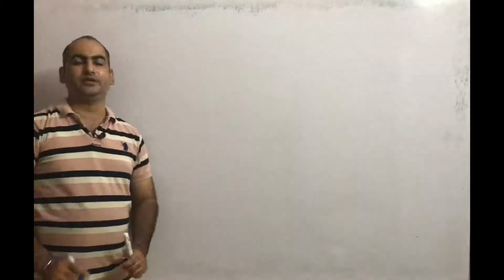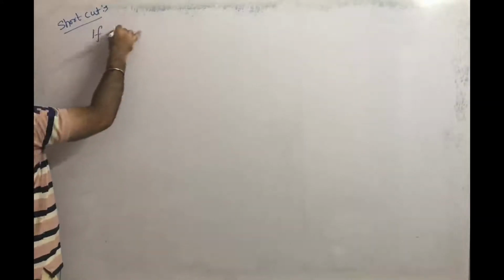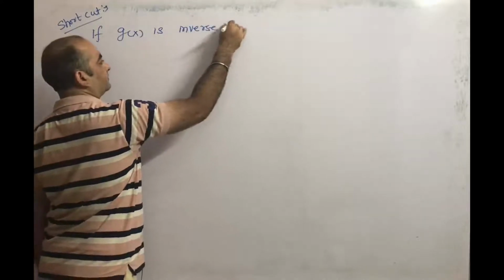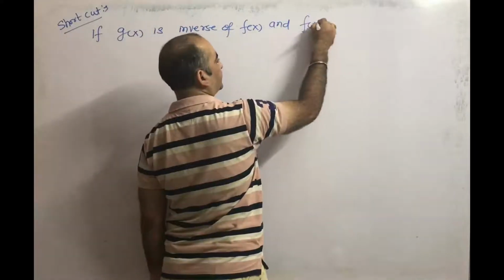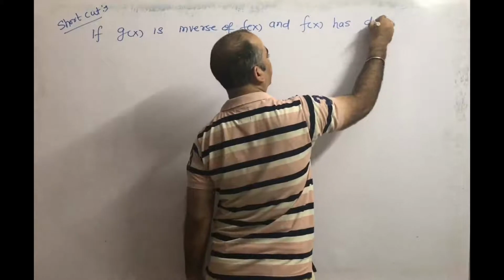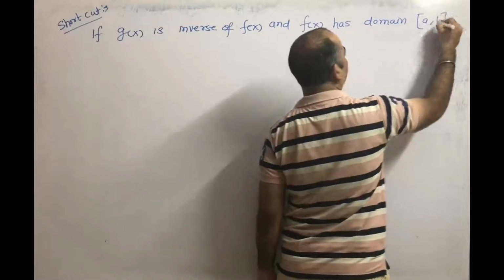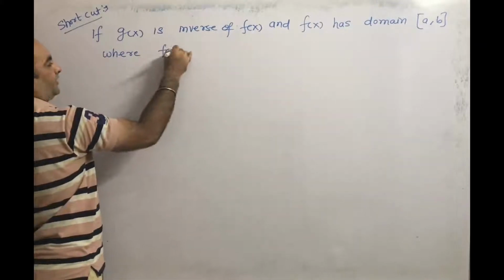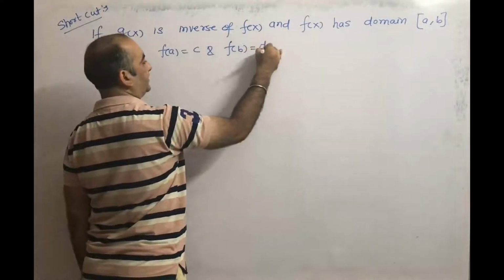Now we will discuss the shortcut. What is the shortcut? If g(x) is the inverse of f(x), and f(x) has domain a to b, where f of a equal to c, and f of b equal to d, then